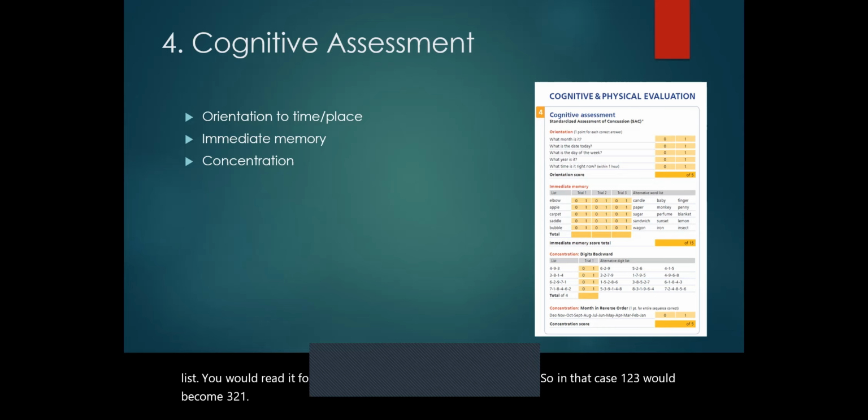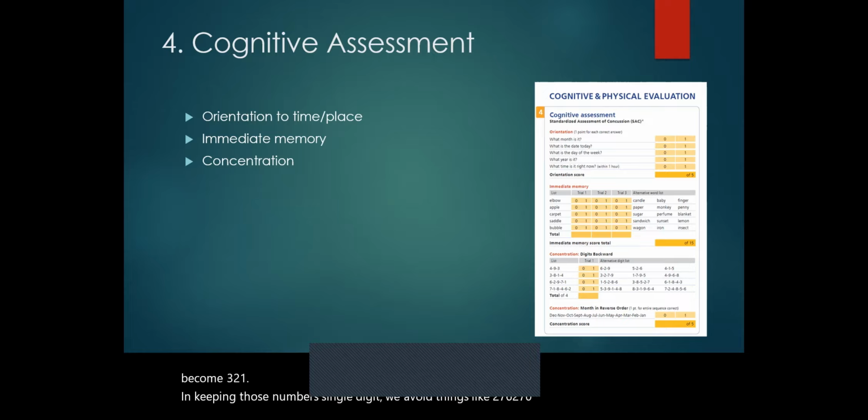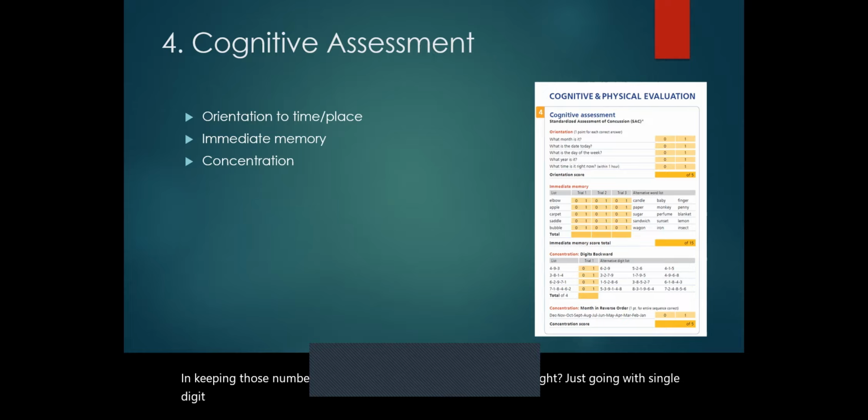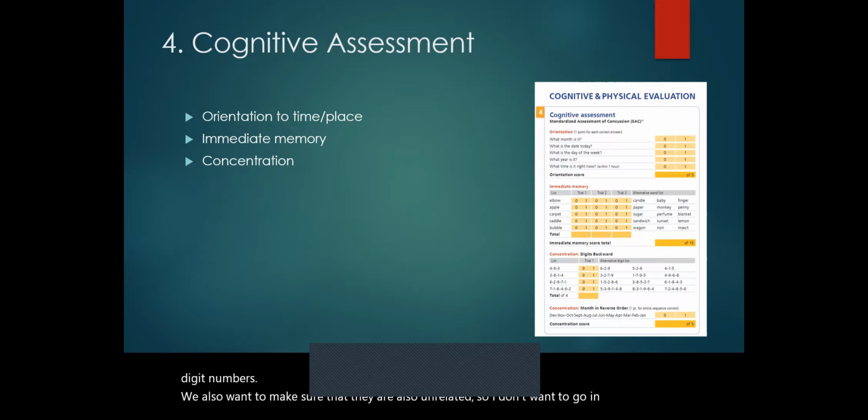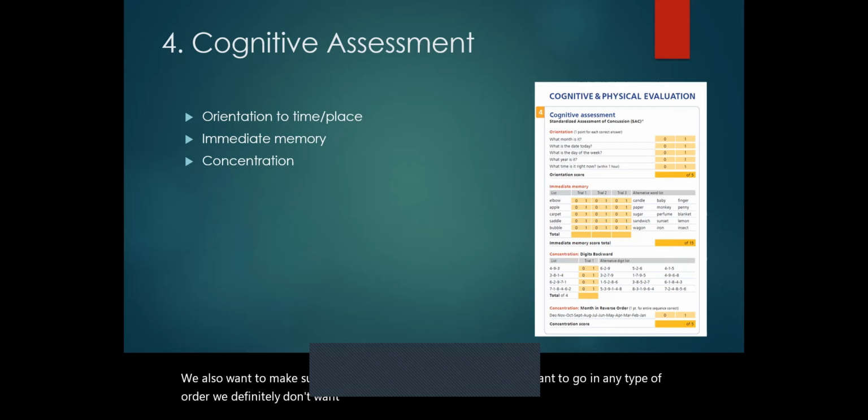In keeping those numbers single digit, we avoid things like 27, 62, 79, right? Just going with single digit numbers. We also want to make sure that they are unrelated, so I don't want to go in any type of order. We definitely don't want to go 4, 5, 6, too easy to remember. 2, 4, 6, again, even numbers. 3, 6, 9, not doing that. Or any numbers that are significant. So I would want to avoid